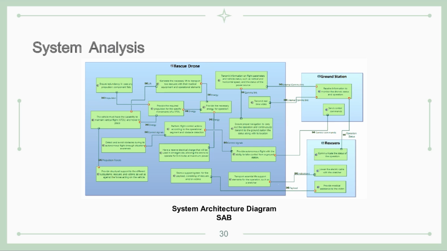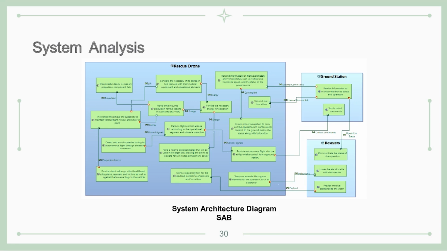So we have as a backup, the drone can be operated remotely by an operator at the ground station. For this, a live video transmission is necessary, along with continuous monitoring of the drone's status from the ground. And this is achieved through the transmission of flight parameters, environmental conditions, subsystem status, and more.